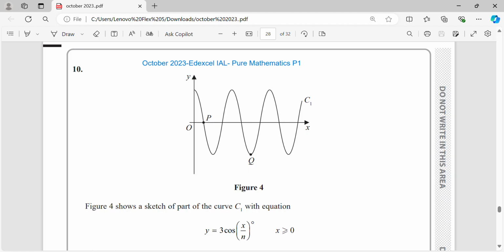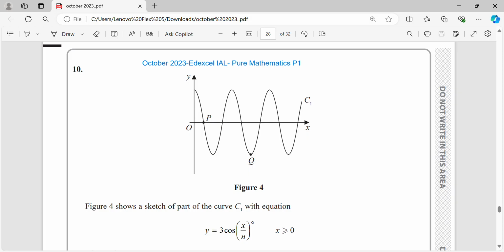In this video, I will be solving question number 10 from paper October 2023 Edexcel IAL Pure Mathematics P1. We will go through the problem step by step, ensuring you understand the concepts and techniques needed to tackle similar